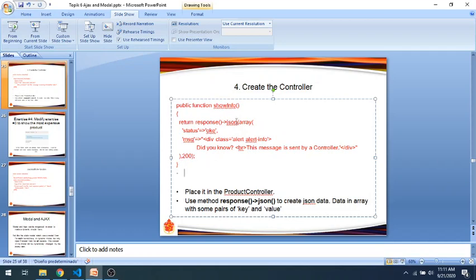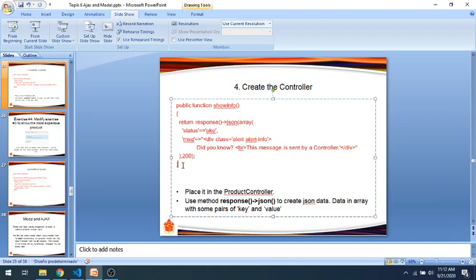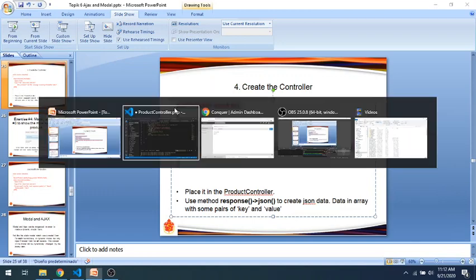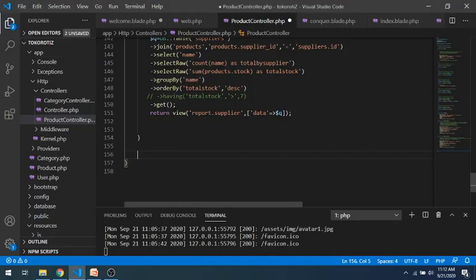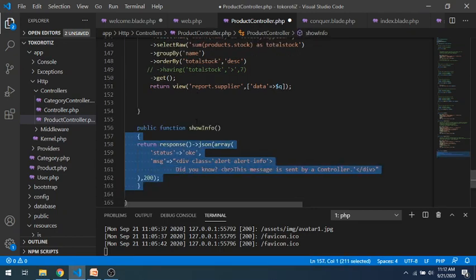We can create JSON with a JSON array, and this one is the data. Status equal to OK. Message is what will be used for the information put in the div. Okay, we copy and put it here.